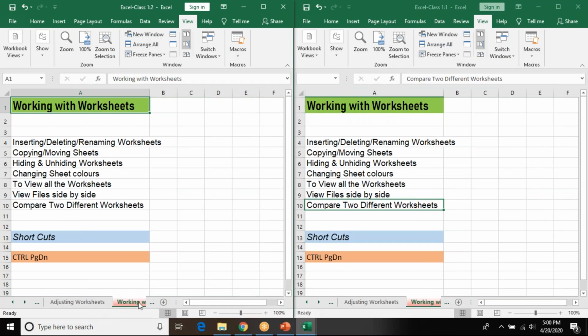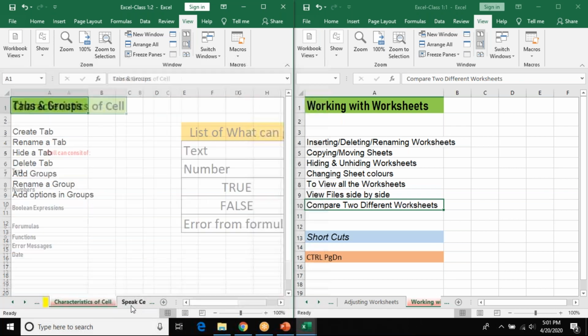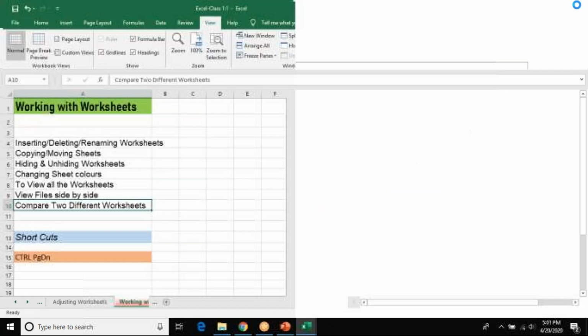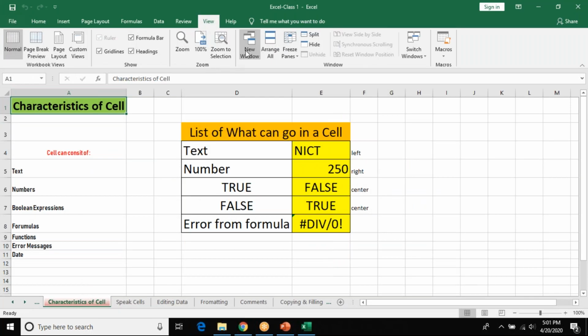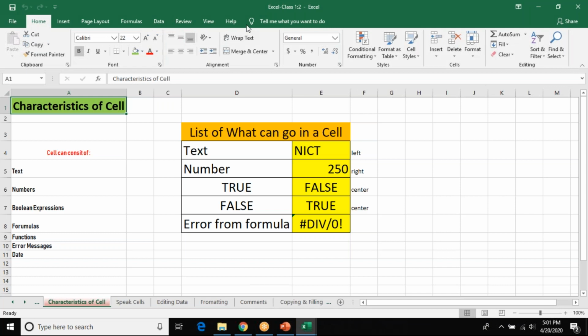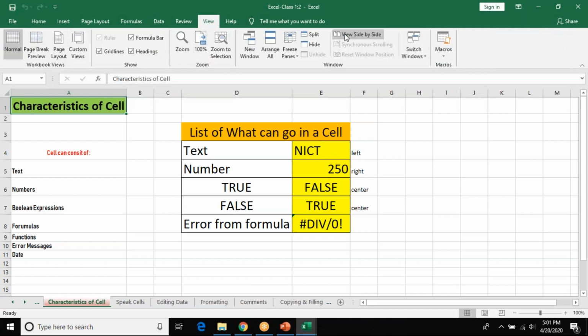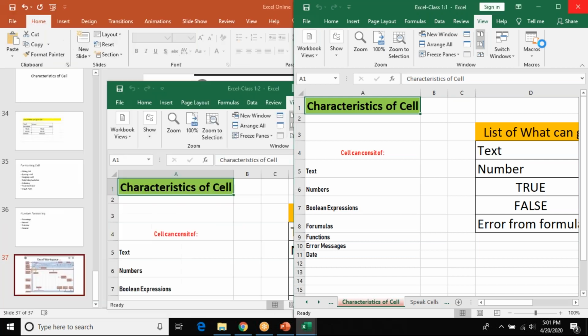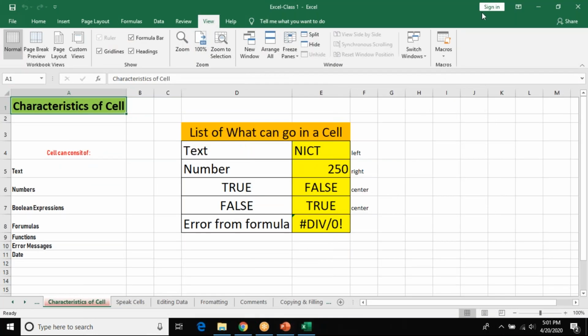Now say for example, I change this tab's characteristics of cell, and if you don't want one of them, you can just cancel one of it. So view, new window, again view side by side. Is this clear, Ananya?